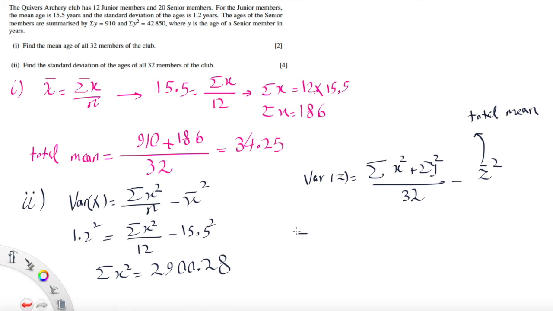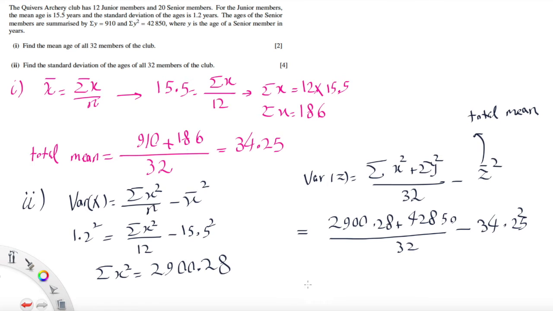So it will be equal to sigma x squared for juniors, we obtained it was 2900.28, plus sigma y squared for seniors is given, 2850, over 32 minus the total mean squared, which is 34.25 squared,